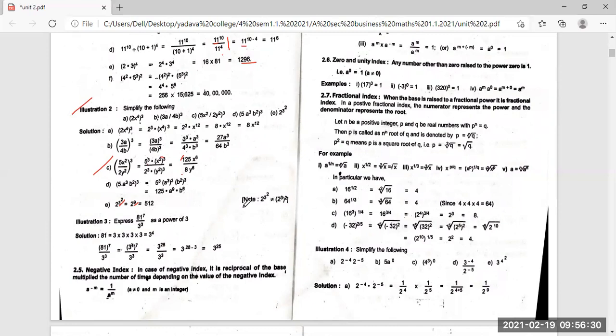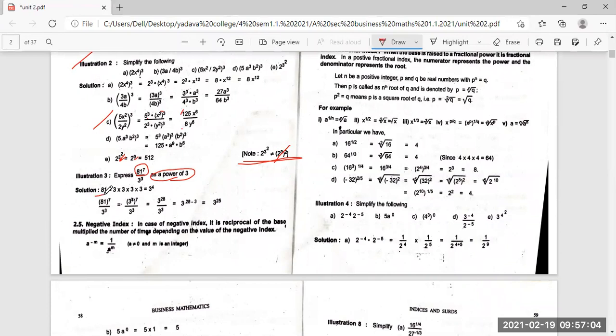So please consider this is noted down here also. This cannot be equal to this. They are not giving any brackets, so that cannot be considered as a whole power of 2. This should be considered as 3 to the power of 2. So first convert, and then do the times. So we are converting the base into a power of 3. Converting it to a power of 3 is called the exponential form.